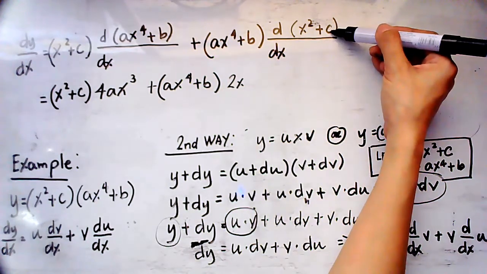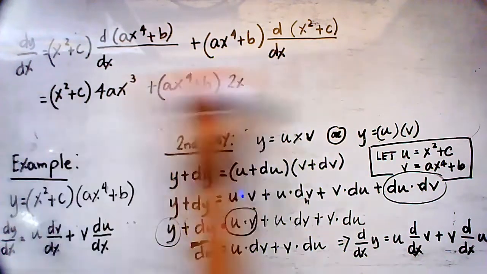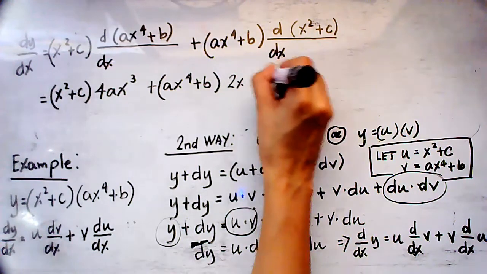Derivative of c, or the constant, is equals to 0. So this would mean that we can have